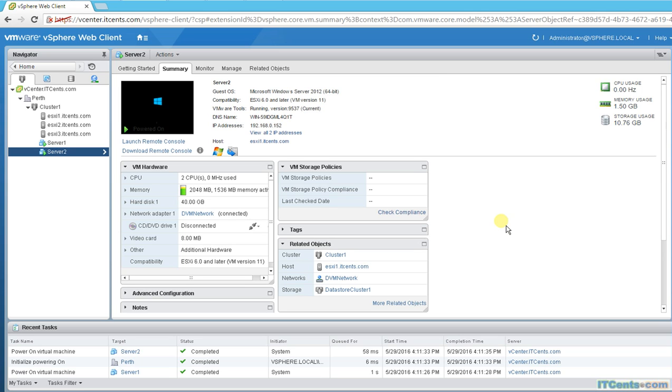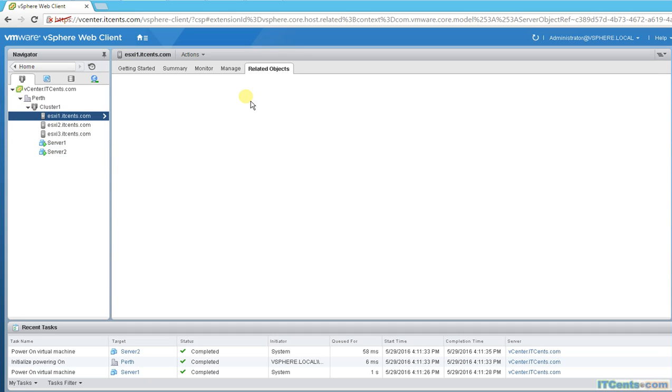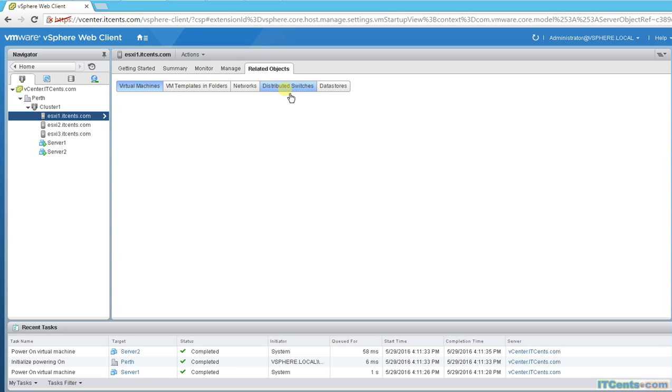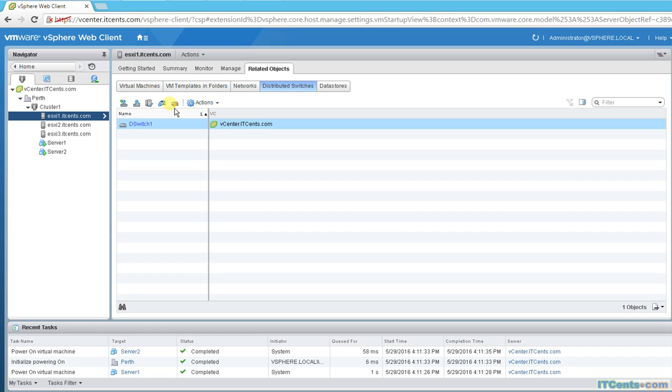In my case, I don't have VLAN, so I'm using the same IP addresses, and I'm using high availability or load balancing based on my 1 gig NICs. So I will use the existing network and enable FT logging on it. And how would I do that? I will go to one of my hosts, and manage, related objects, distributed switches, and here